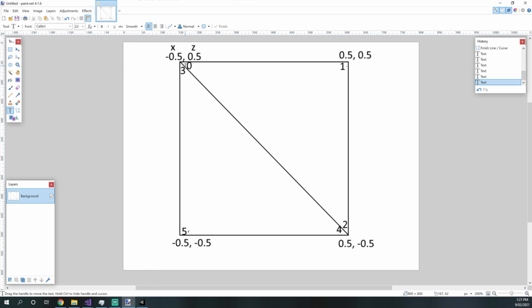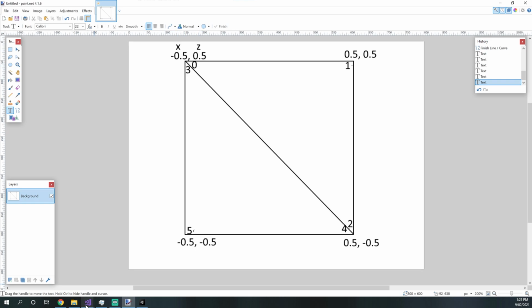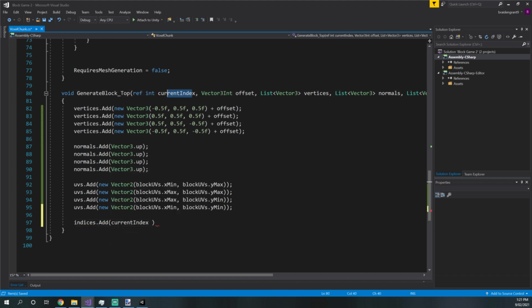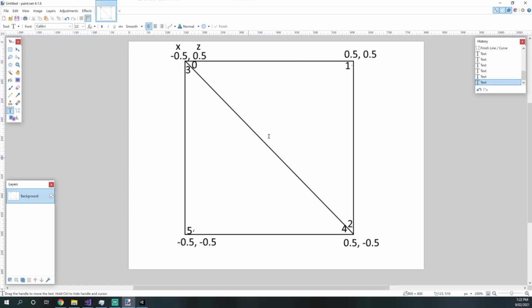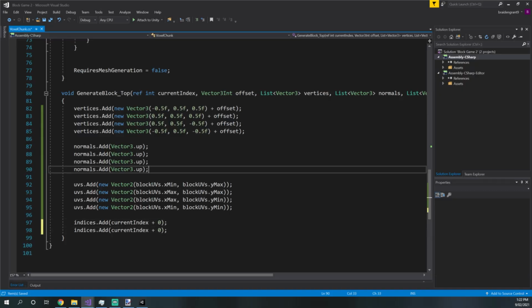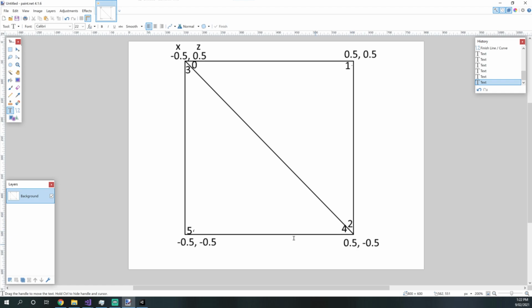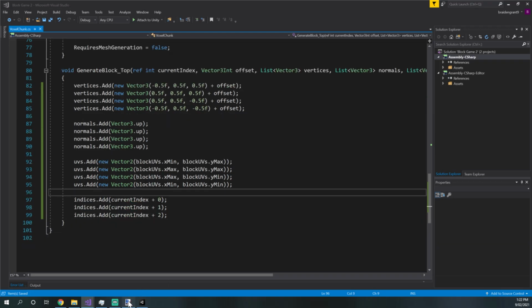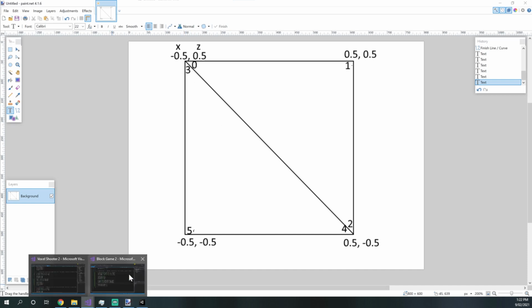So our first index, index 0, is at our first vertex. So we can add that like so. Indices.add current index, which is the index we've referenced in, plus 0. So that's referring to the first vertex. Our second index is referring to our second vertex. So we can add another index and do plus 1 for our second vertex. And our third index is for our third vertex. So we can just do current index plus 2. For our fourth index, we need to use the first vertex,